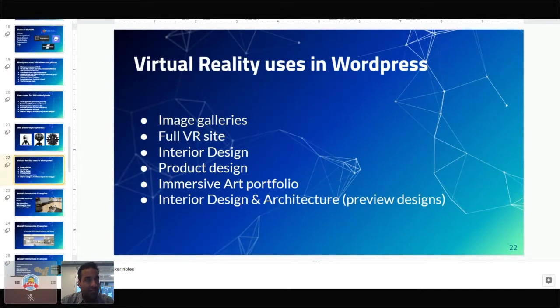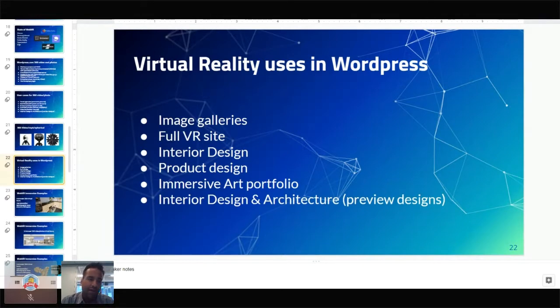This becomes a little challenging, especially when you're dealing with text, because virtual reality is not a good medium for heavy reading. So you have to be very careful there. Interior design, product design. Imagine that you're selling some sort of custom furniture, and you want your clients to be able to visualize how this piece of furniture is going to look in the living room. So they can send you a 360 picture of their living room, and you could, with virtual reality, place this chair in that environment and give them a preview. Interior design, architecture, there's a lot of applications.